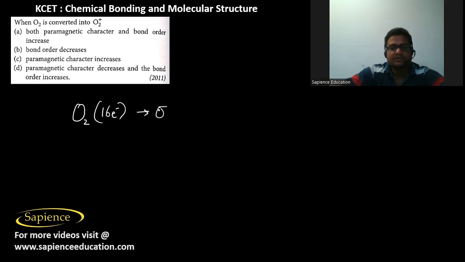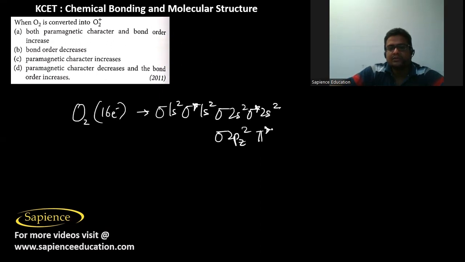So its electronic configuration is sigma 1s2, sigma star 1s2, sigma 2s2, sigma star 2s2, sigma 2pz2, pi 2px2, pi 2py2, and then we have pi star 2px1 equals pi star 2py1. Okay, so here